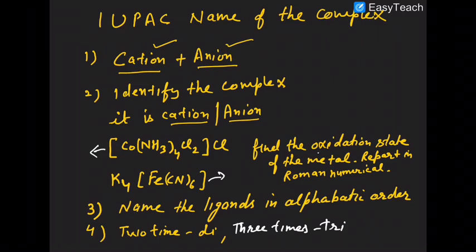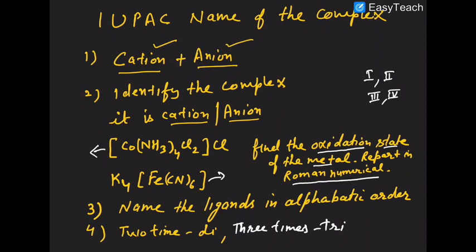And then find the oxidation state of the metal atom and represent that in Roman numerals like 1, 2, 3, 4, like that. Okay, sure about that? I think you have learned that. That is also known as the Stock rule. In your class 11th, in the redox chapter, we have learned that.